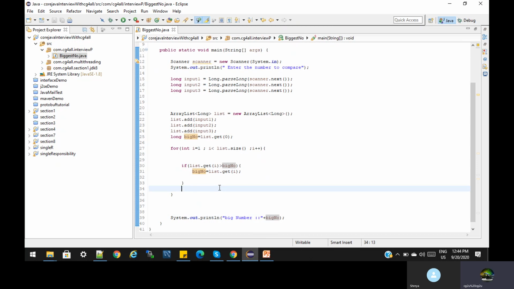Instead of the classical for loop, we can also use the enhanced for loop. Let's try the enhanced for loop also. Int, sorry, long, because we have considered long. I have taken the variable, and it needs to iterate over the list, correct? So here only the condition needs to be changed. That's it. What is the condition? The value i should be greater than big number.